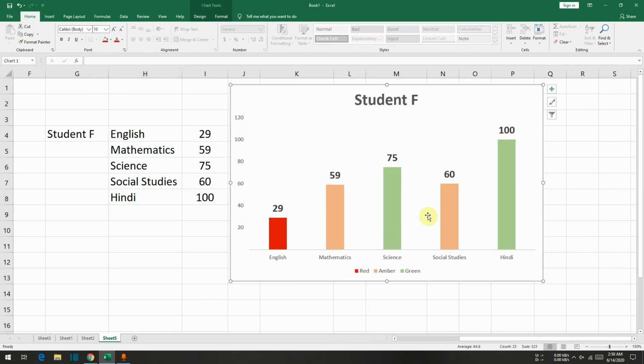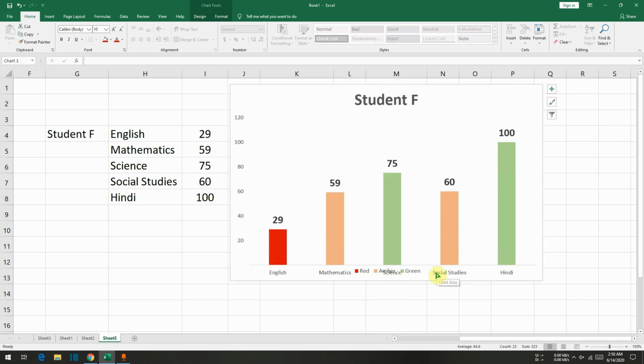Now you can see numbers equal to 75 or greater than 75, the graph is coming in green. Any number between 50 and 75 is coming in amber. Anything below 50 is coming in red. Also, let me delete this here so it looks cleaner now.